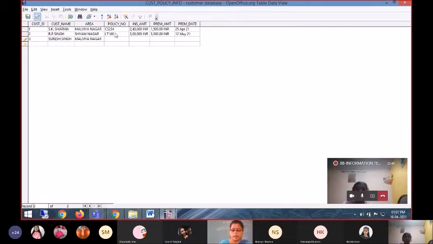So you can add 10, 12 records in it, and then later on we will practice creating queries on that data. So this is 6 lakh and the premium paid is 6,500 and the date to pay the premium may be 5 May 2021. Record number 4.